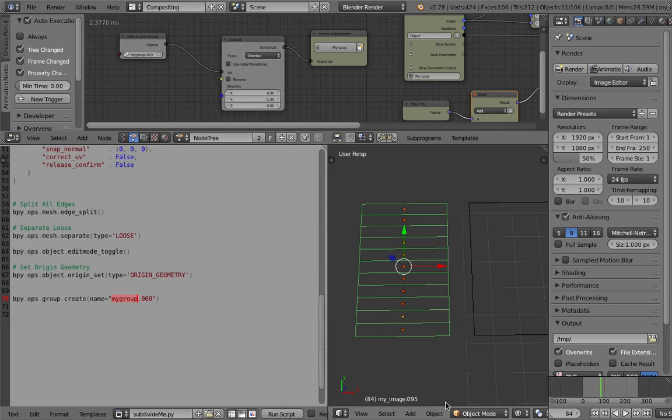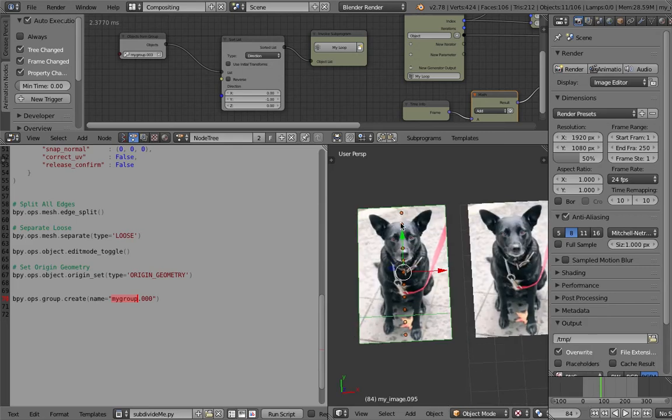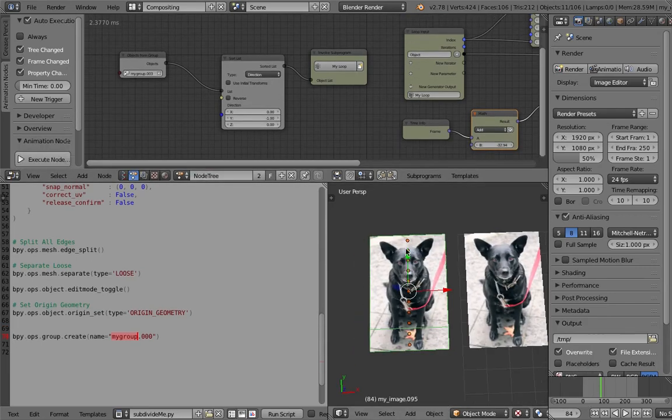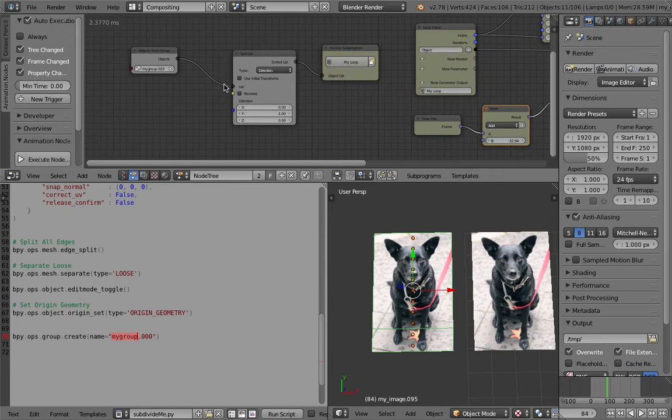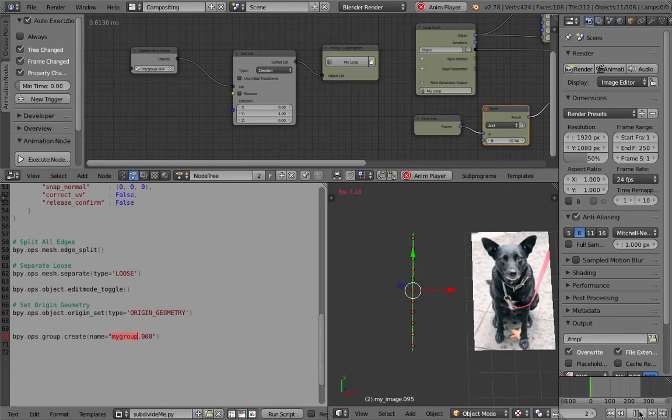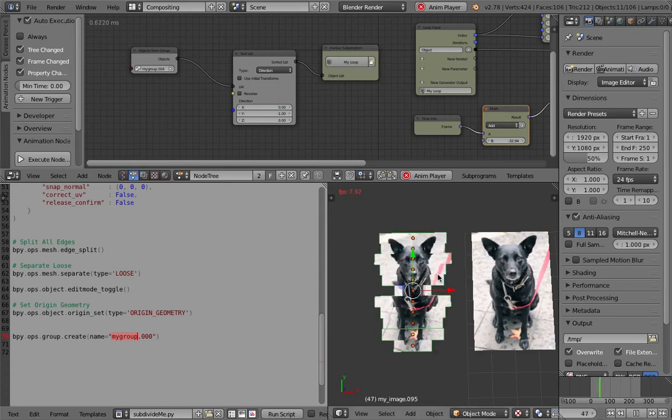Once it's done, you can just simply animate it using animation nodes, and we're gonna animate each object's parts separately, one by one. So I simply assign the group, and we get the effect. Probably the effect is a bit slow at the moment, but you get that effect,